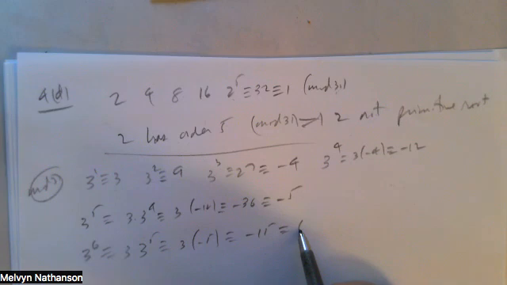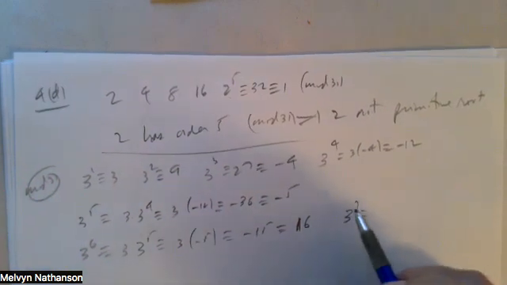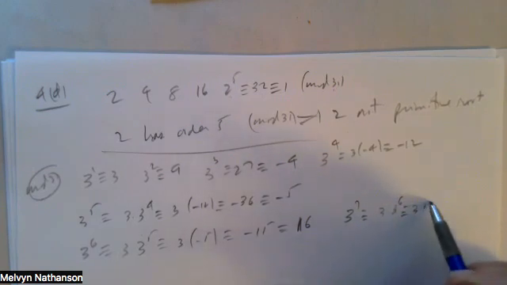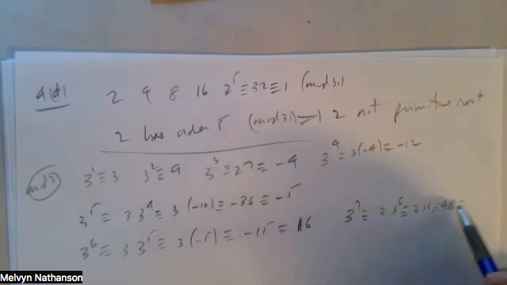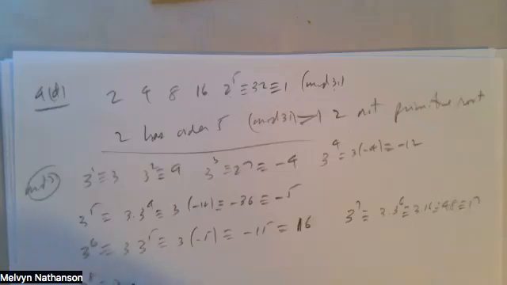Or 61 minus 15 is the same as 16 mod 31. 3 to the 7th is 3 times 3 to the 6th, which is 3 times 16, is 48, which is 17. 3 to the 8th is 3 times 17 is 51, which is 20. By the way,